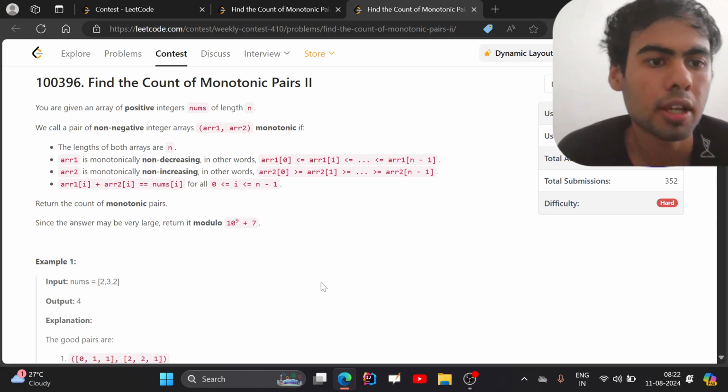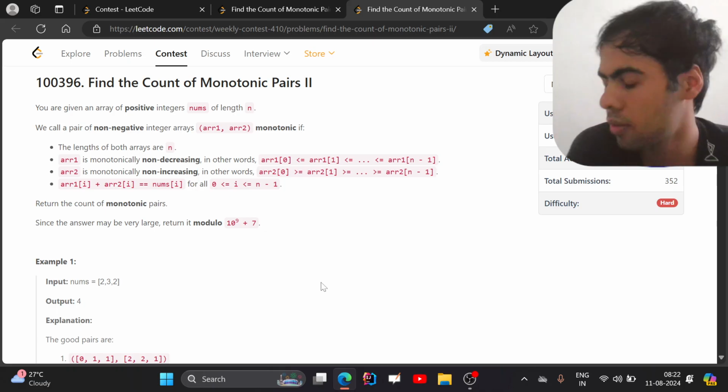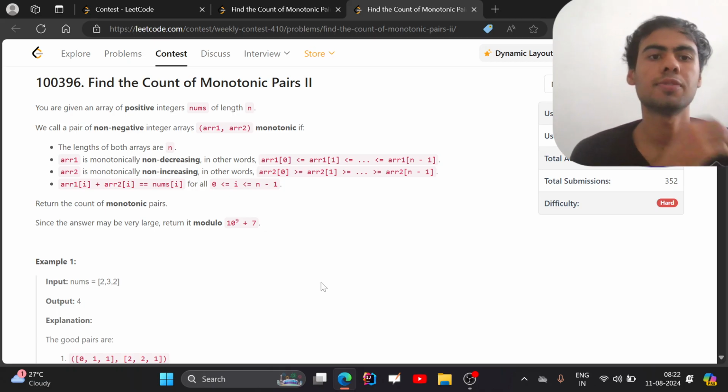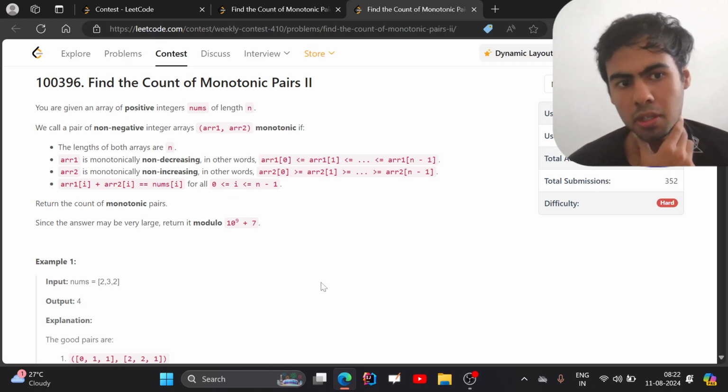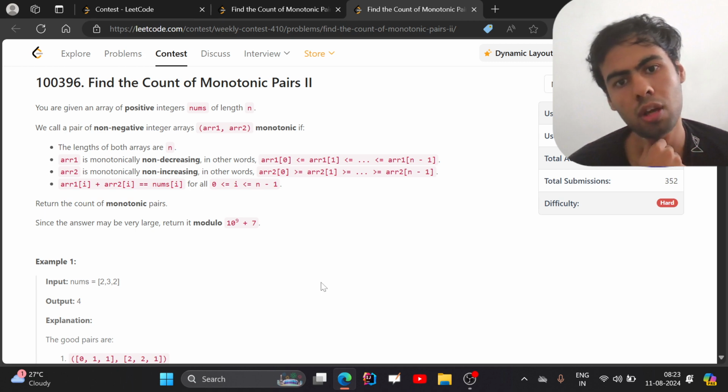The arrays are both non-monotonic automatically. So what we can do, what we are thinking is, for every dp of i,